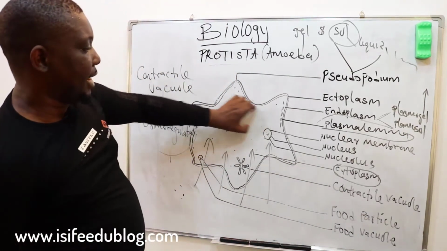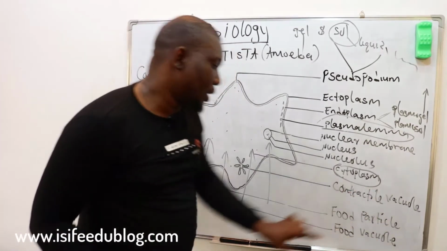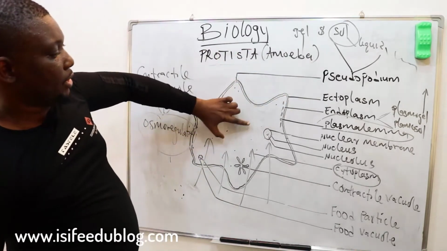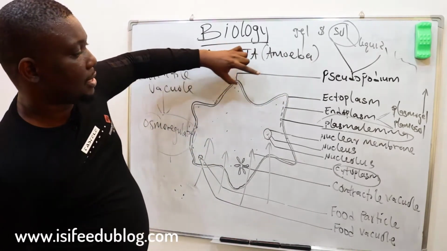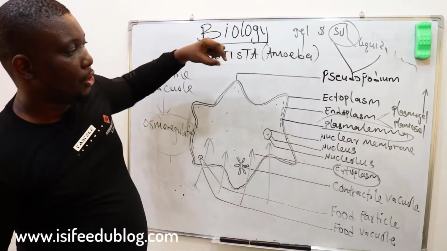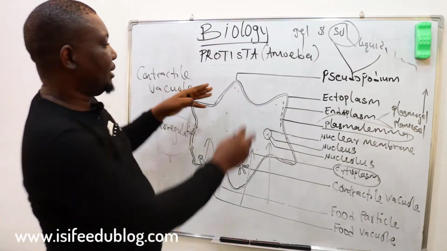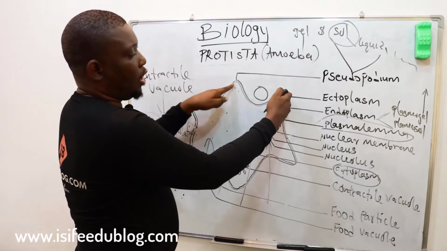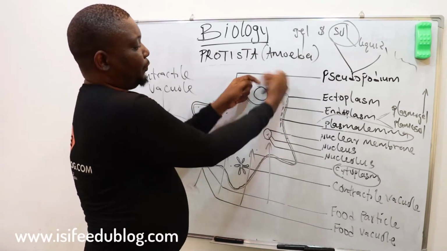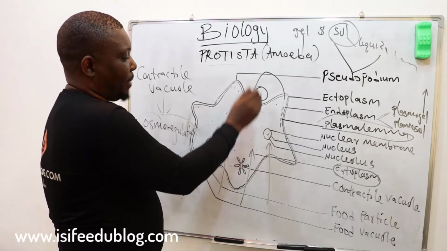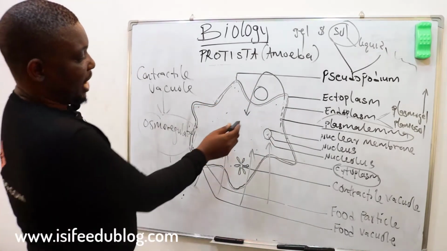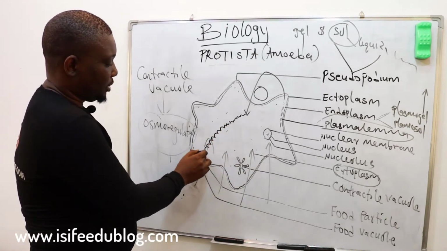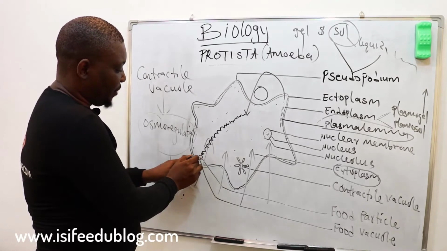And the part of this cytoplasm where food is stored is the food vacuole. The way this organism feeds is that the pseudopod captures prey or predators. It captures them, and the whole food is engulfed as soon as it's captured. And once it's engulfed, the two protruding parts will capture the food and engulf it straight into the cytoplasm, where by diffusion the food will move this distance until this particular food vacuole is formed.